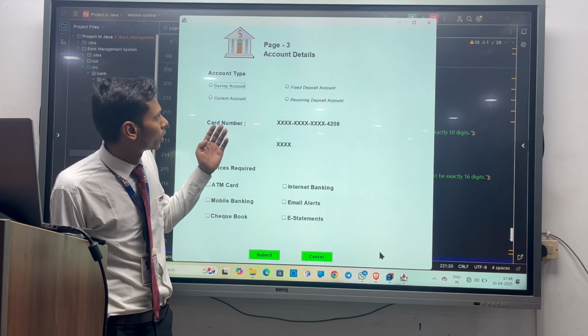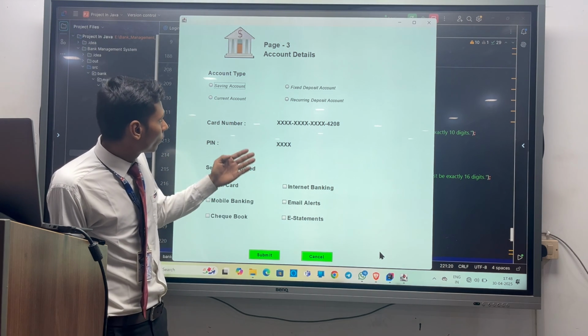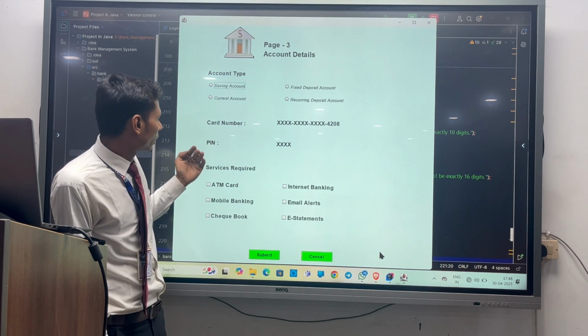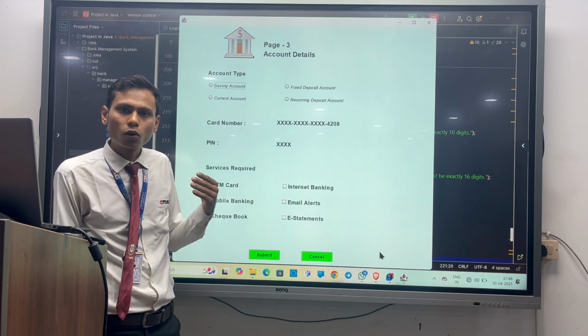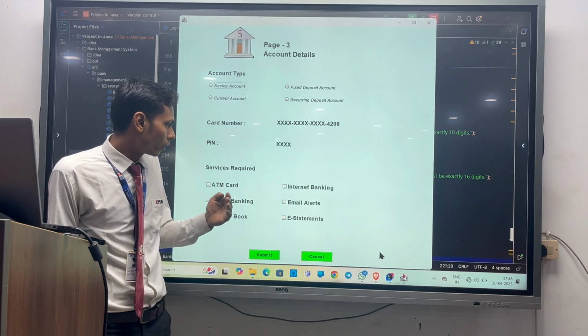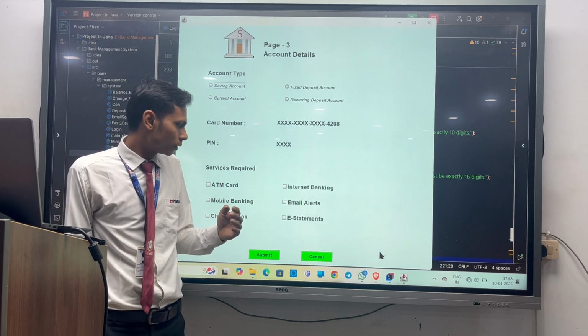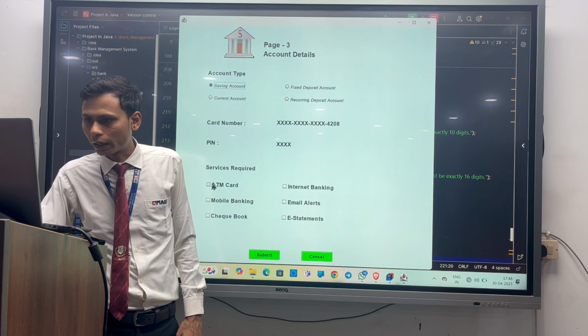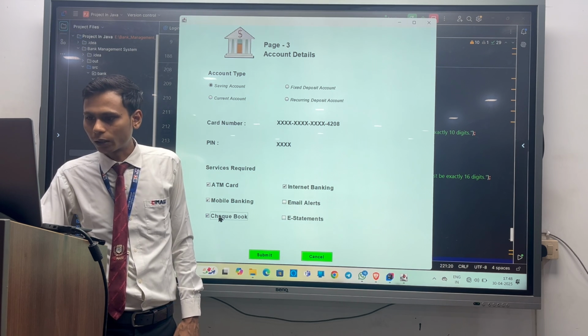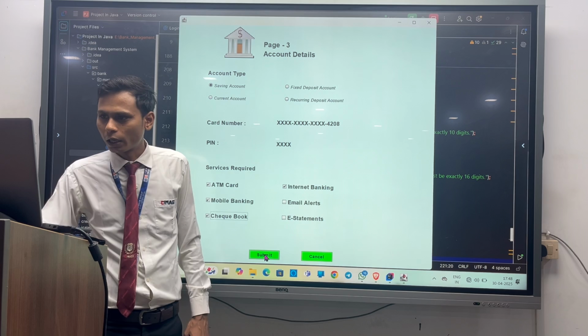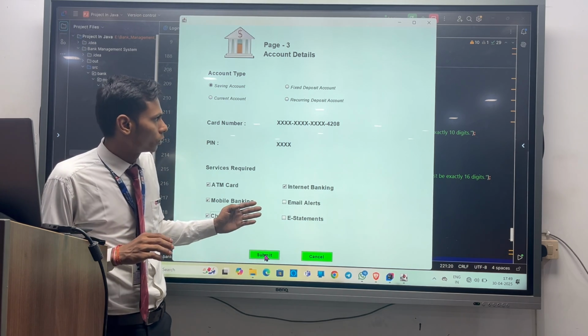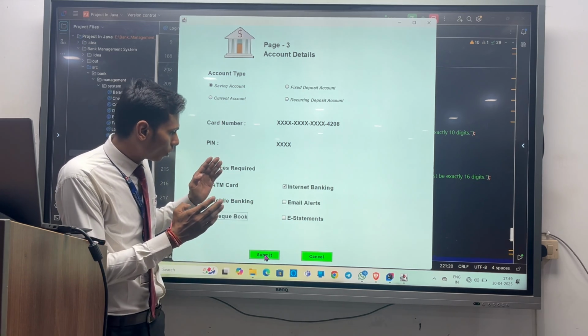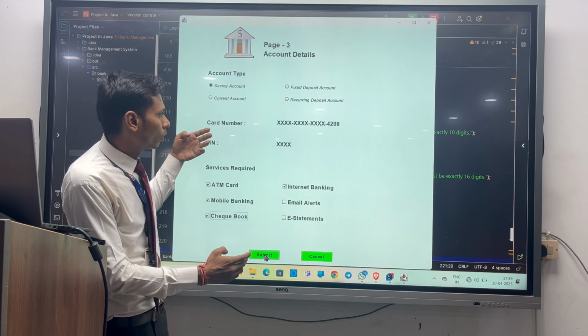So here is the next page. Here we will have to choose the account type and tick the services that we require. Suppose I need a savings account and I want ATM, internet banking, mobile banking, and checkbook. I also need a checkbook. And once we submit this page, the card number and PIN both will be generated